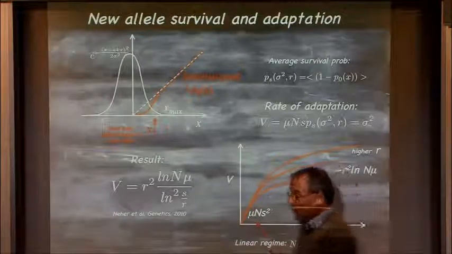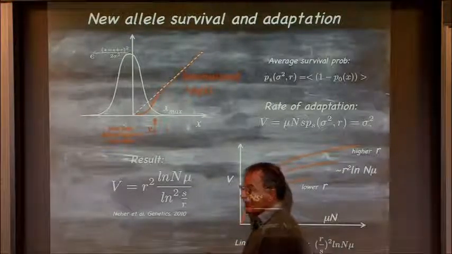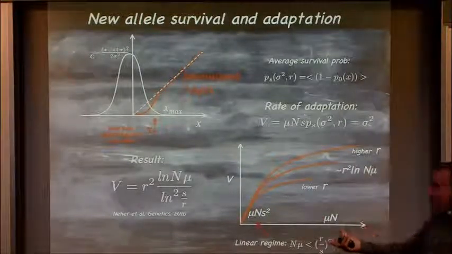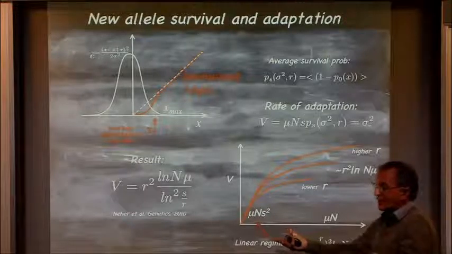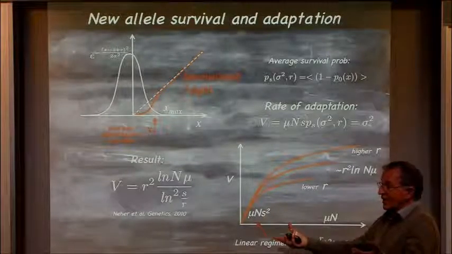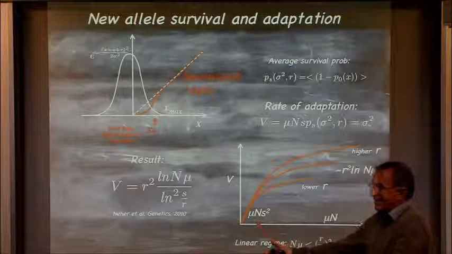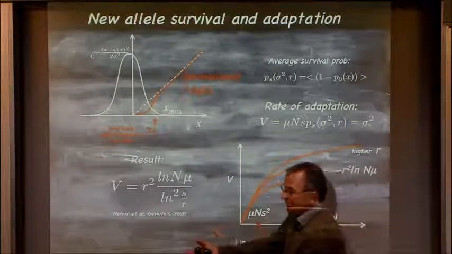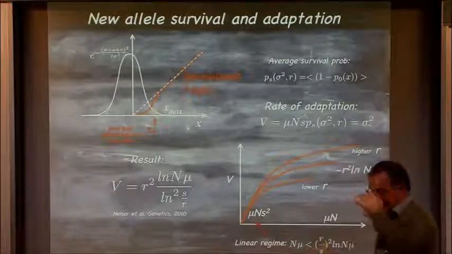So there is something known as outcrossing depression or outbreeding depression, right? So if you have two even sexually propagating populations that are reproductively, well, I shouldn't say reproductively, geographically isolated, basically